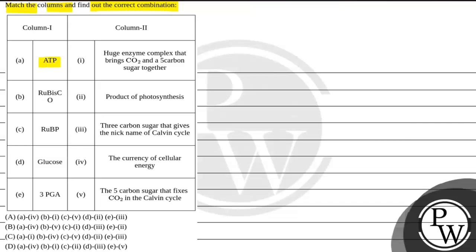पहले कॉलम में दिया हुआ है ATP, RuBisCO, RuBP, glucose and 3-PGA. Second column में दिया हुआ है huge enzyme complex that brings carbon dioxide and 5 carbon sugar together. Second is product of photosynthesis. Third is 3 carbon sugar that gives the nickname of the Calvin cycle. Fourth is the currency of the cellular energy, and fifth is the 5 carbon sugar that fixes carbon dioxide in